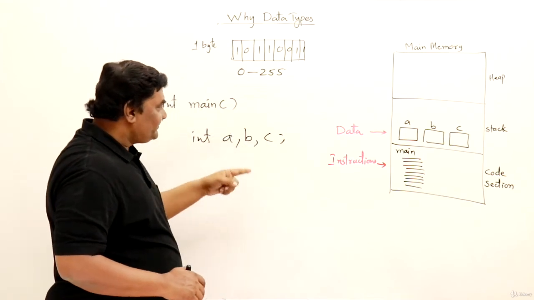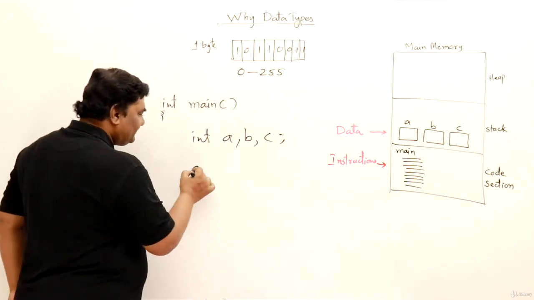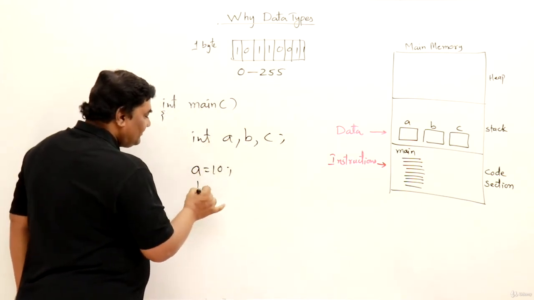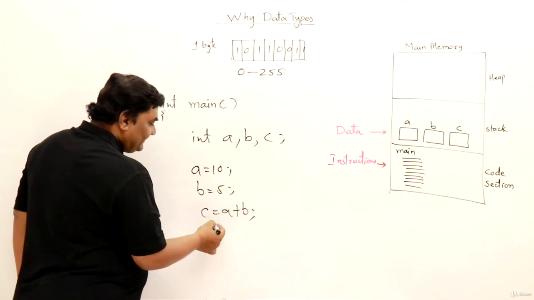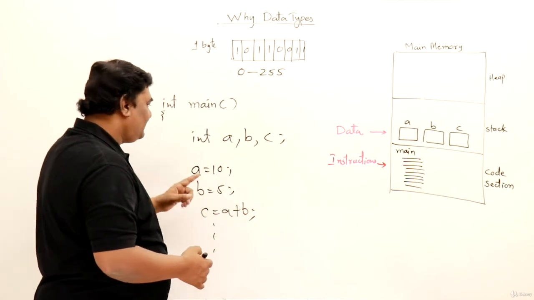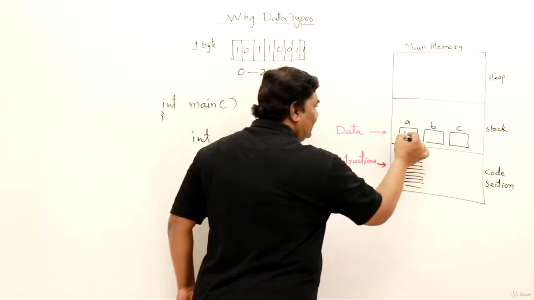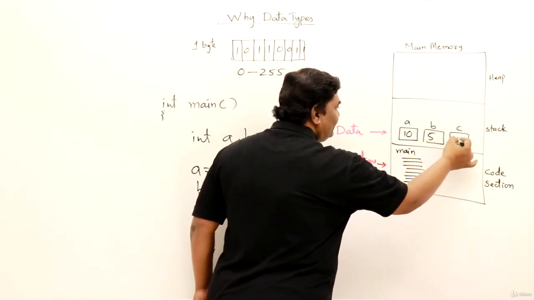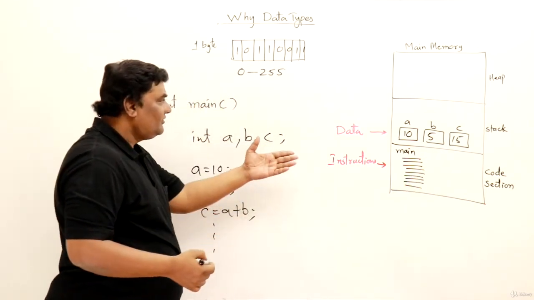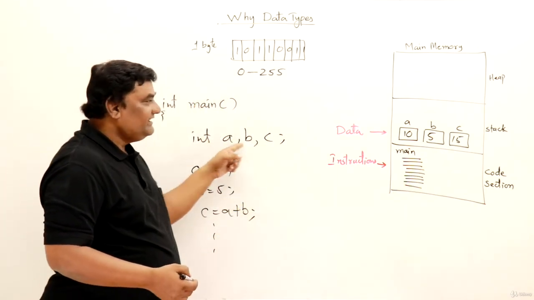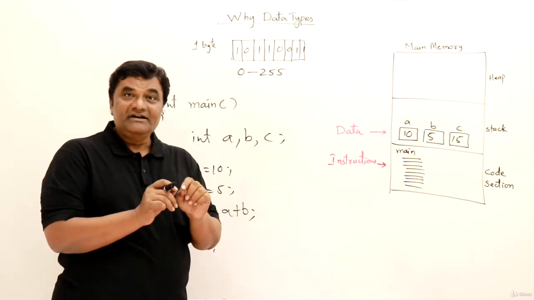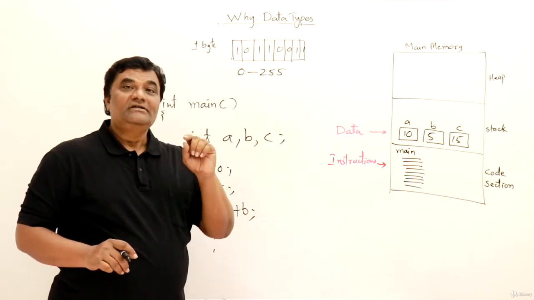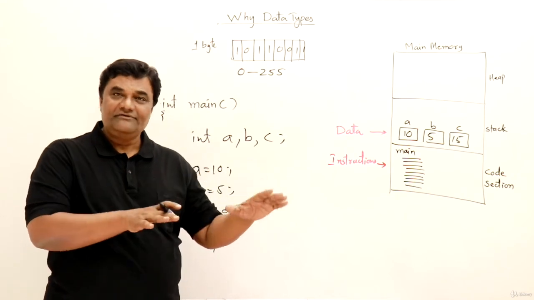And then we will use these variable names in our programs, like saying A assign 10 or B assign 5, then C assign A plus B. We do it like this. We perform the operation and store the data. So 10 is stored in this one and 5 is stored in this one and the result is stored in this one. That's how in our programs we use the names of the variables that are stored in the memory. We don't use the memory addresses, but we use the names. So that is the concept of variable.